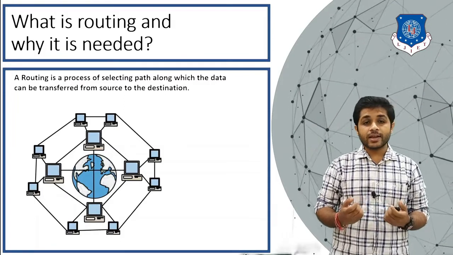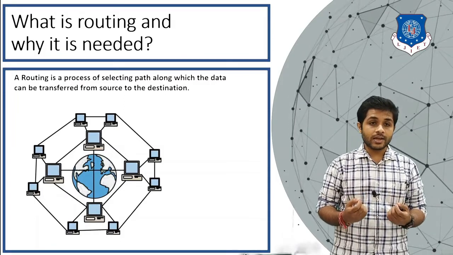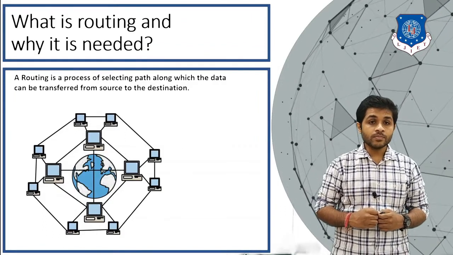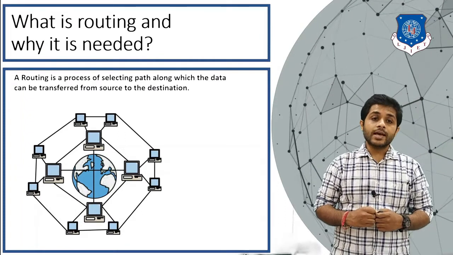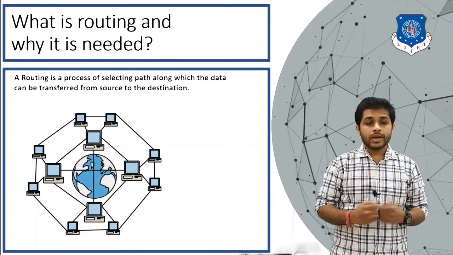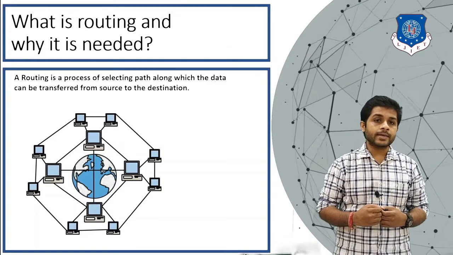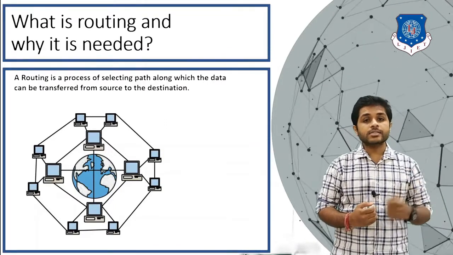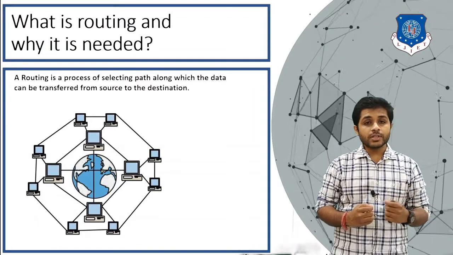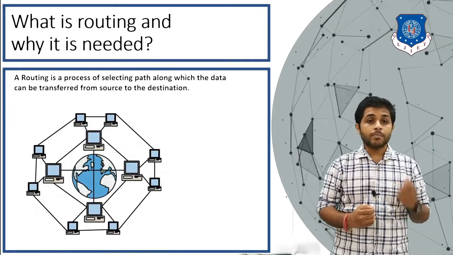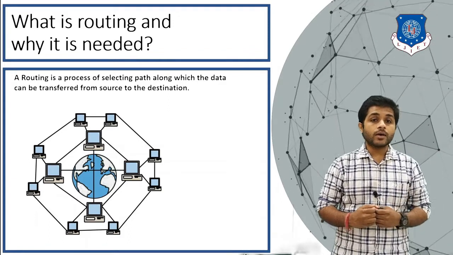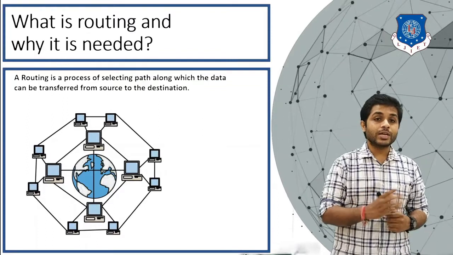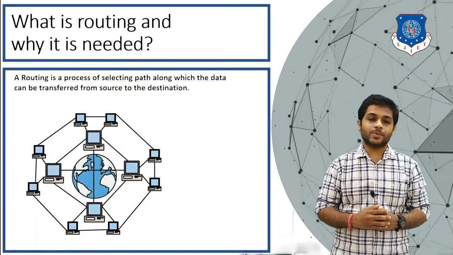And there are in fact special devices to perform this job, which are called routers. All the routers have a routing table, and whenever a router receives a packet, it analyzes the packet, and after analyzing it checks its routing table. After that, the router will select the best path among all the available paths so that the data can reach from source to destination as quickly as possible.